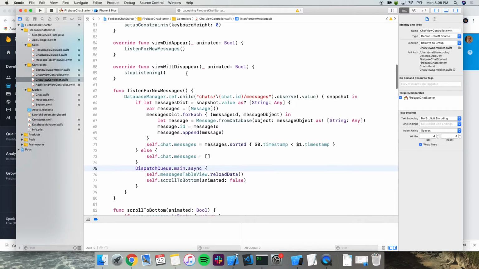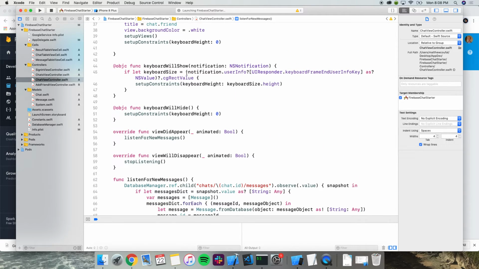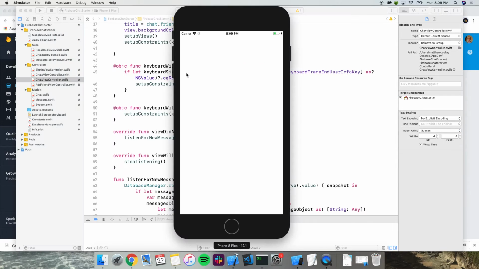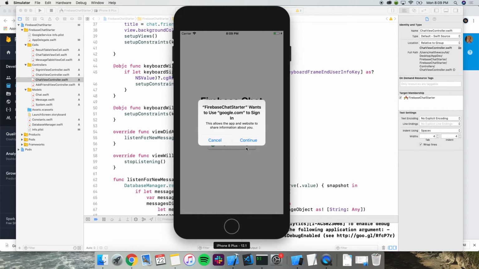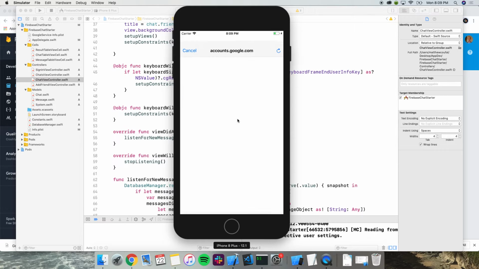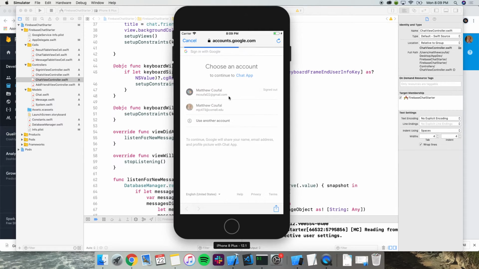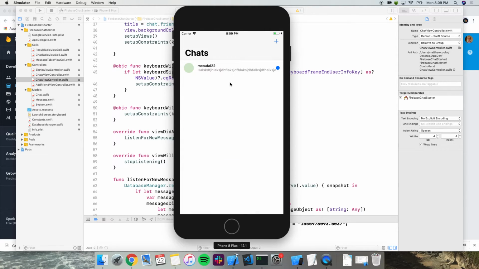All right, so while that's loading, so now we're listening for new messages, which is really cool. There are some other features we could add as well, like updating whenever a user has read a message. So right now we actually have a little blue indicator whenever there's a message that hasn't been read. So we could make that go away. We might have time for that. Let's see. All right, here's our second user, also me. And I have this new message. It's a little UI bug here, which is not good. But I have this message, and it hasn't been read.